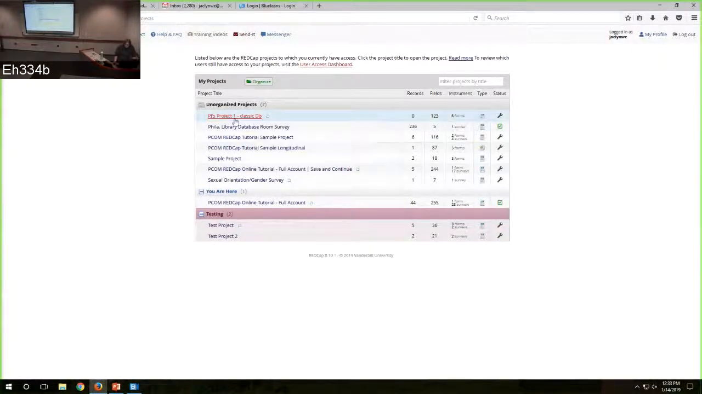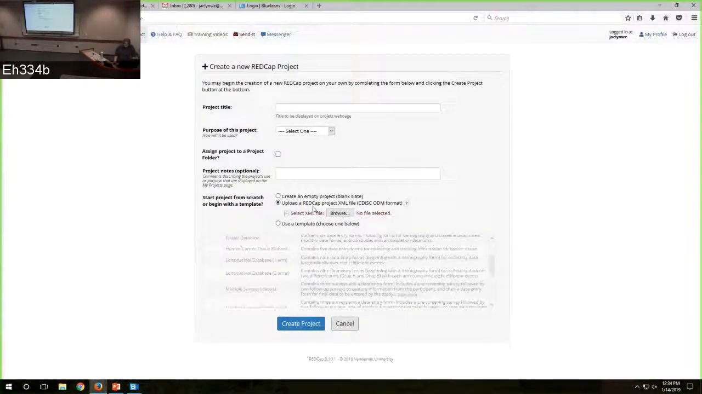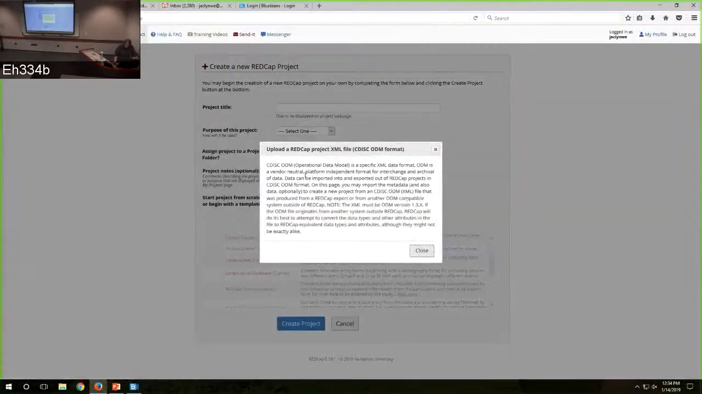Let me go to new project over here. So if you have a REDCap project XML file, it is a vendor neutral format. So you should be able to export SurveyMonkey data in this format and get it into here. But how about the actual question? Yeah,